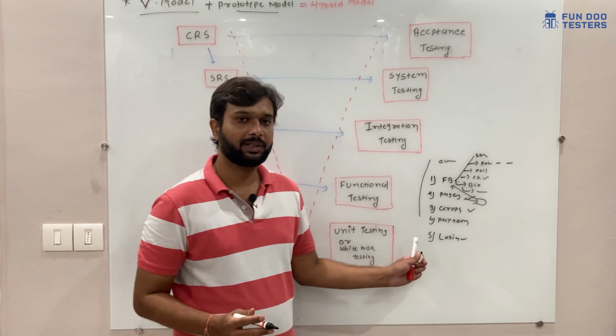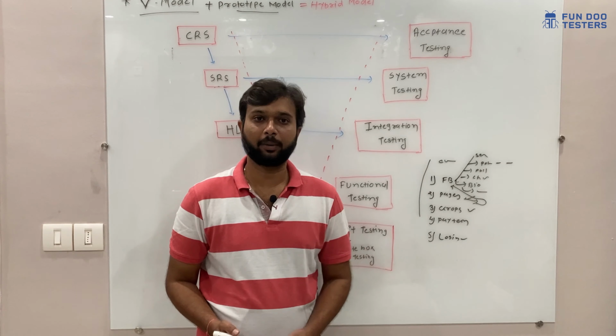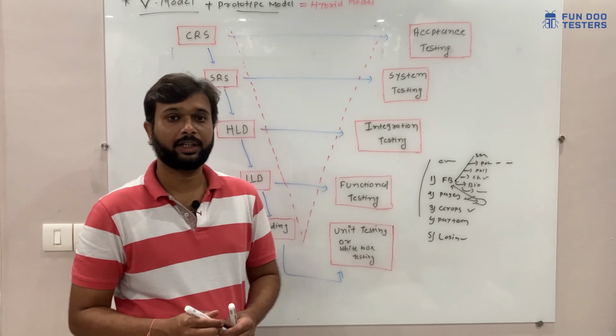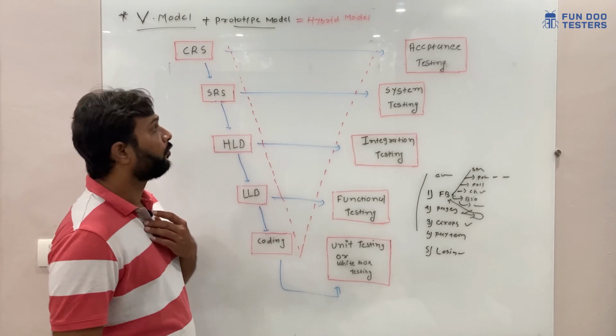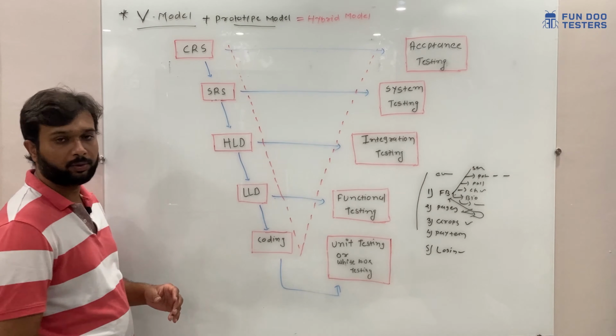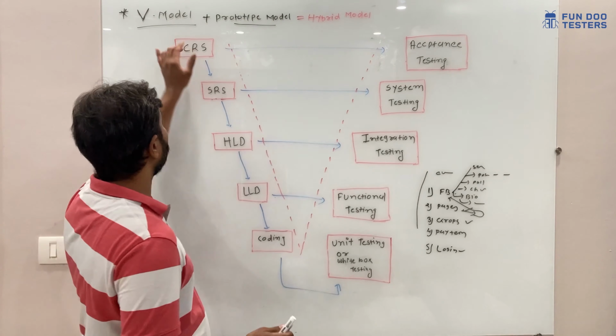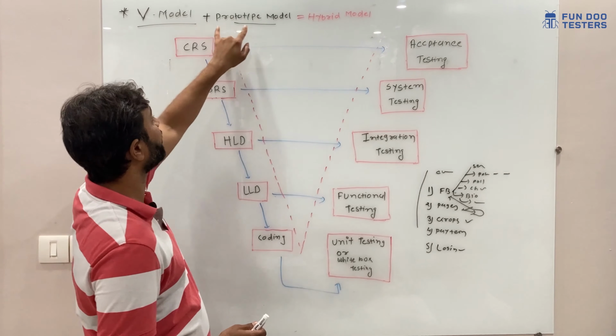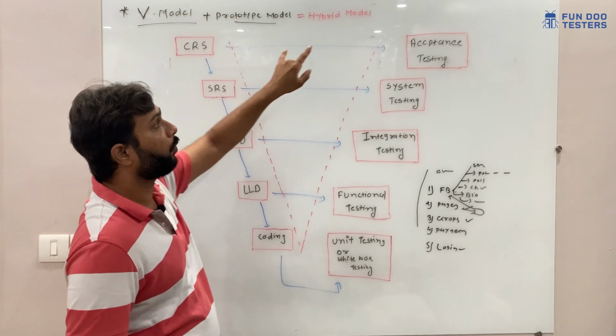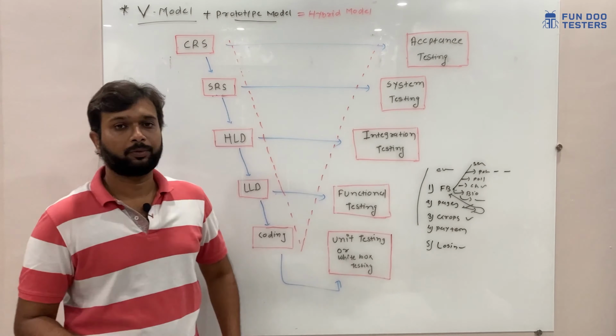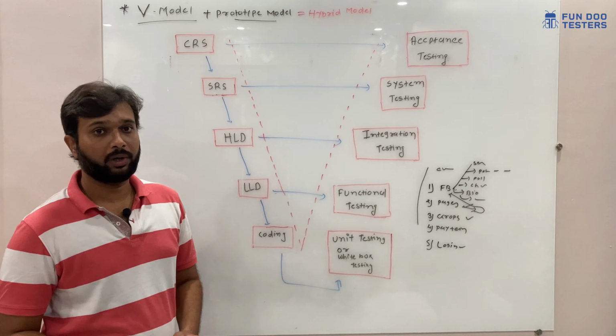To overcome this, they are going with the hybrid approach. Why is it called a hybrid approach? For example, Facebook is going to merge these two models. First they are going to merge the prototype with the V model. That is called a hybrid model or derived model. We will understand why it is called a hybrid model.